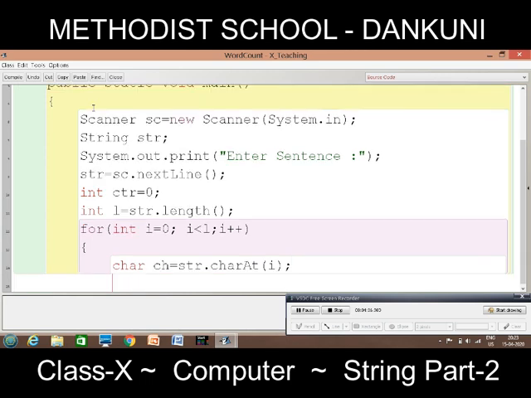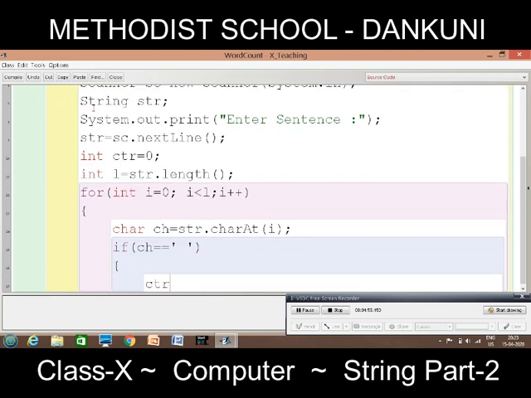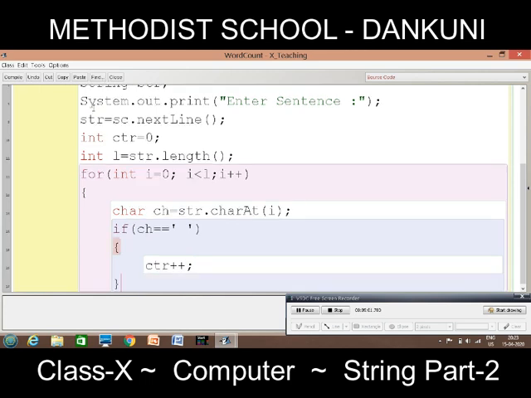Now once the character is extracted, we will check whether this extracted letter, that is ch, is equal to a space. Put the space in single quotation marks. If it is so, then increment the counter by 1, like counter plus plus.